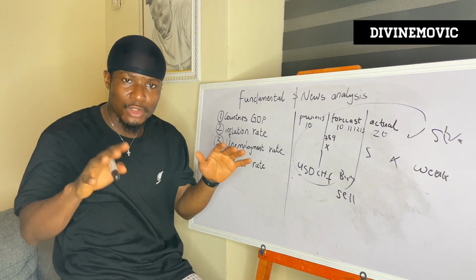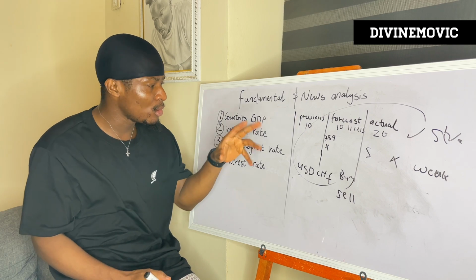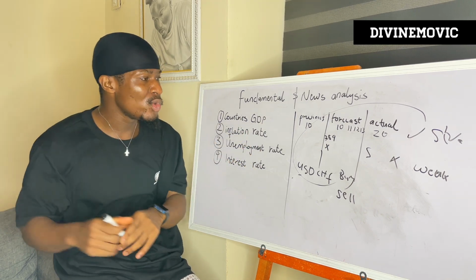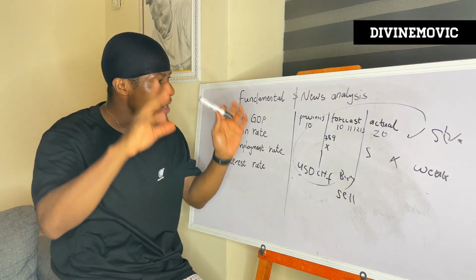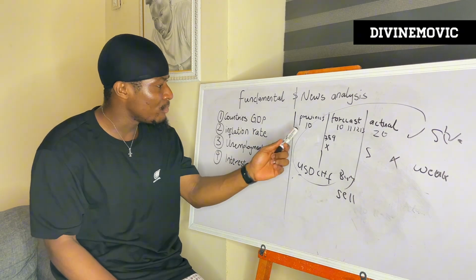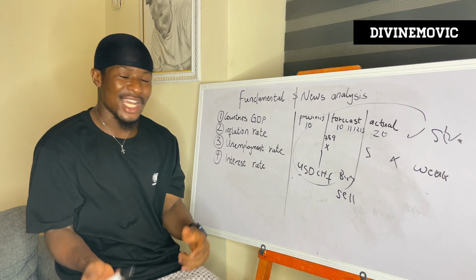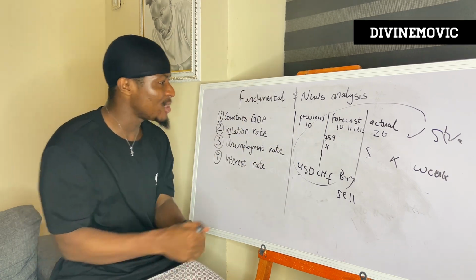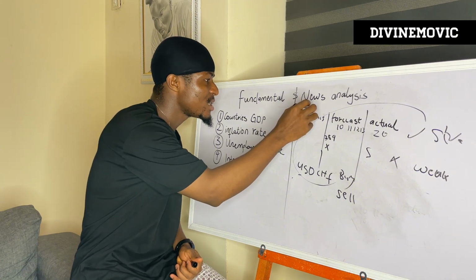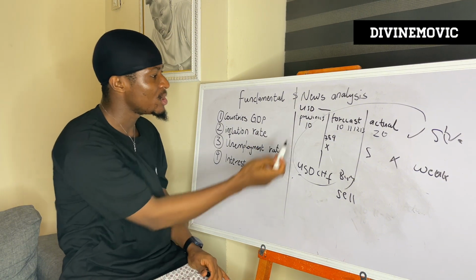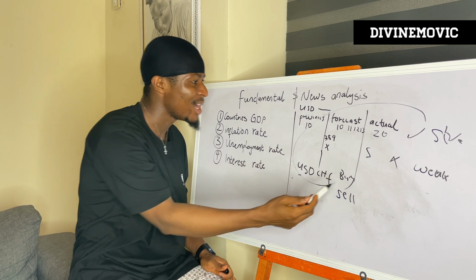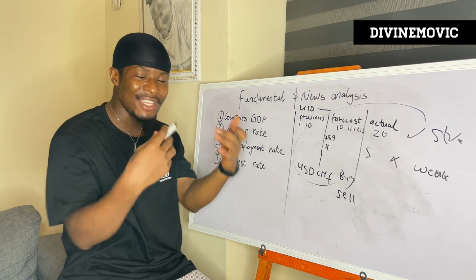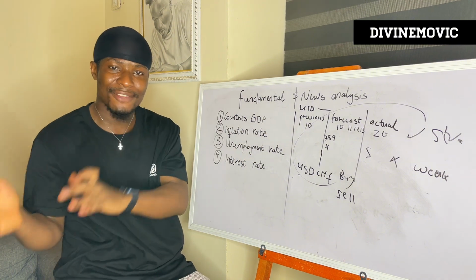So if you want to check the news, you can simply log on to www.myforexfactory.com or www.myfxbook.com. They are going to show you the real figures there. I'm using these figures as an example. Then you can simply see the previous, forecast, and actual. For instance, the USD unemployment rate: these are the figures you'll see, previous, forecast, and actual. Now, when you open the forecast, you see what experts are saying. If it goes like this, it's going to be good. If it goes like that, it's going to be bad.